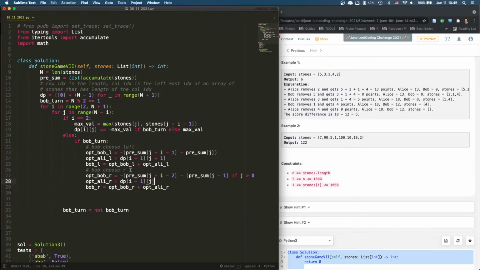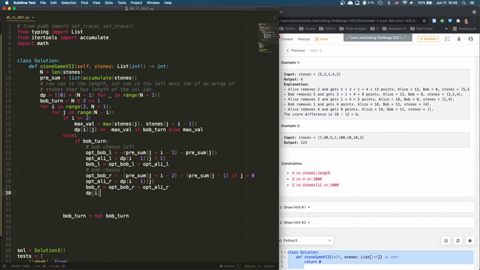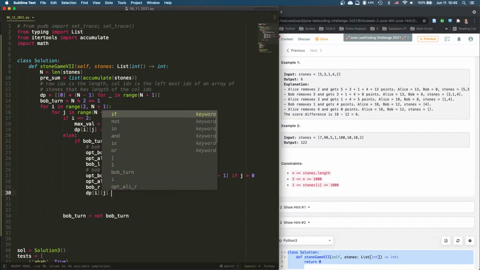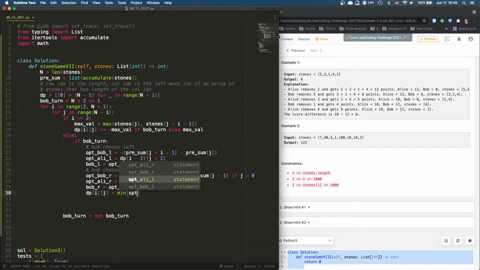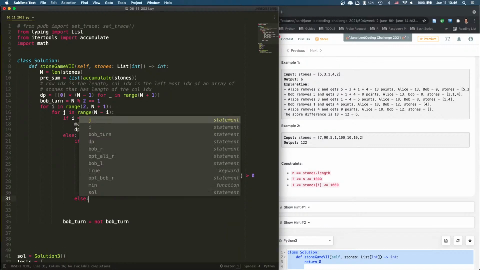And Bob chooses right, and then going to do this. And then it's Bob's turn, then we say dp[i][j] equals the minimum of Bob left and Bob right. So that's if it's Bob's turn. If it's not Bob's turn,